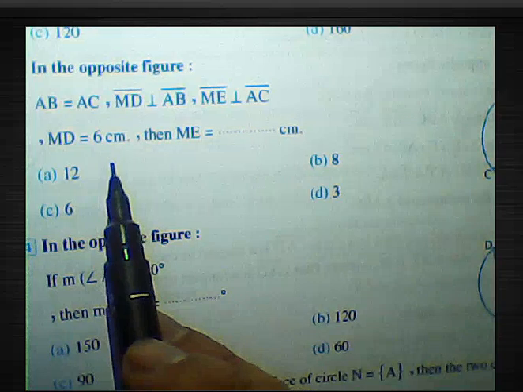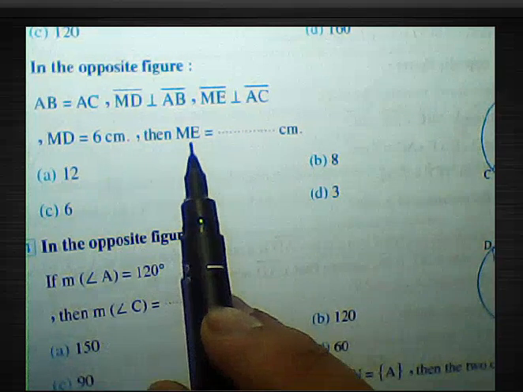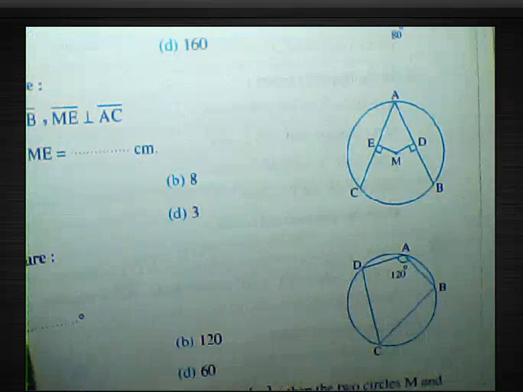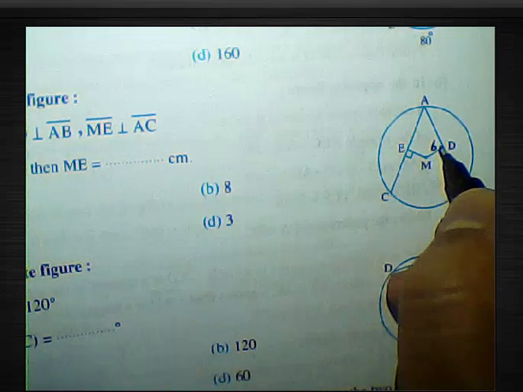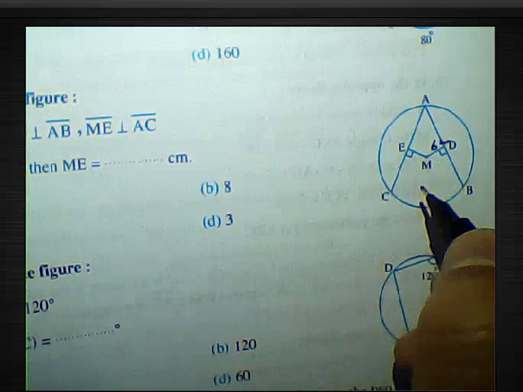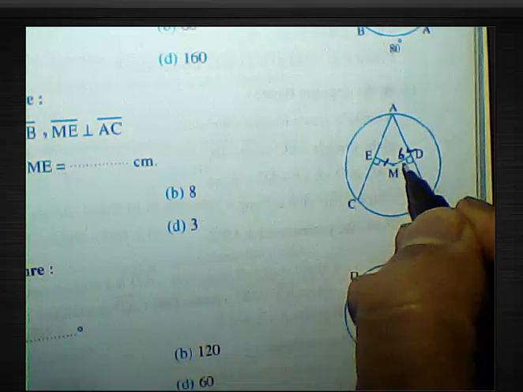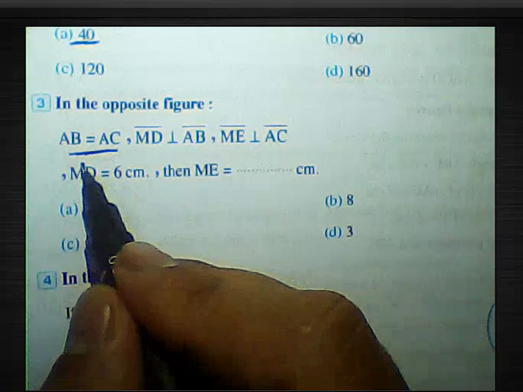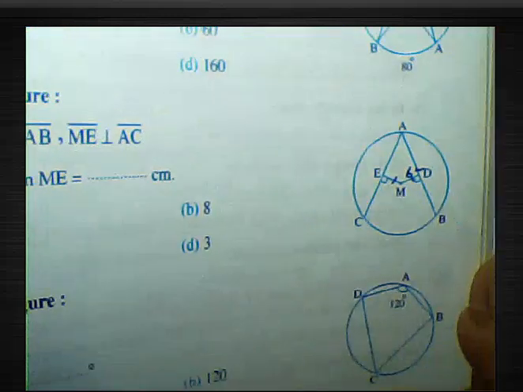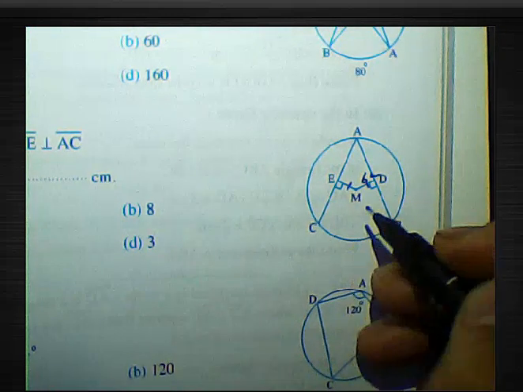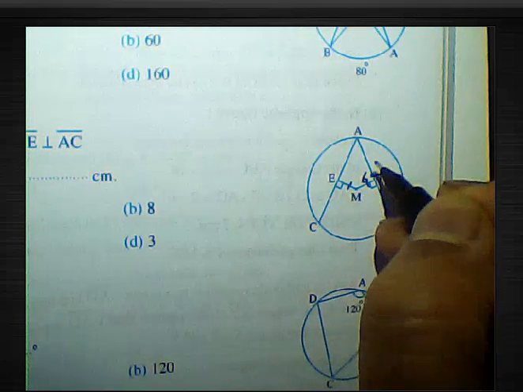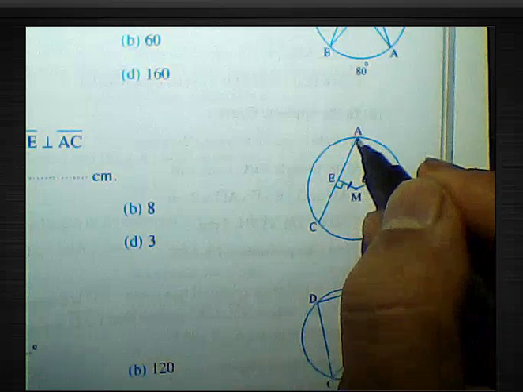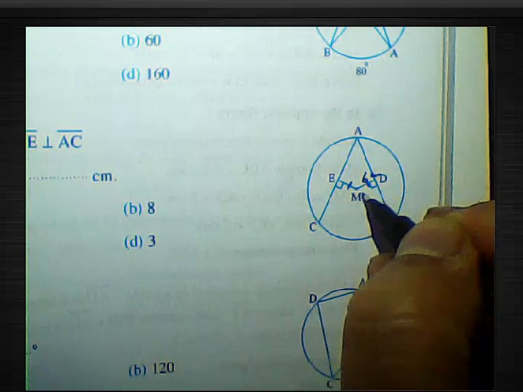In the opposite figure, MD equals 6 centimeters. You want to find the length of ME. Here we have MD equals 6 centimeters, then ME equals 6 centimeters, because we have AB equal to AC. Two chords are equal in length, and then the distances between them are equal, because MD is perpendicular to AB and ME is perpendicular to AC, then the length of MD equals the length of ME